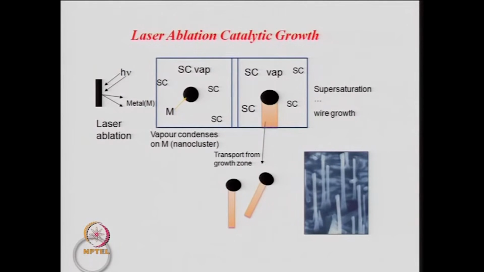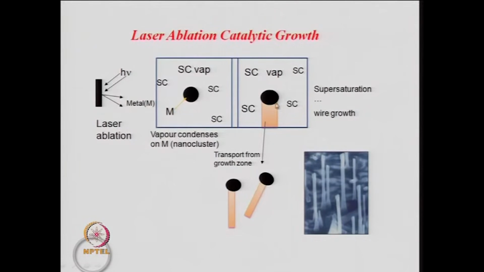There are two types of growth of nanowires. One is the root mechanism of growth, where the metal cluster remains at the bottom, but here the catalyst, which is the metal cluster, goes to the tip and the nanowire forms below. This is called the tip growth mechanism for nanowires, and that is what is happening in this laser ablation catalytic